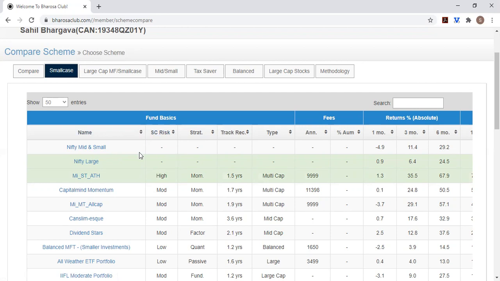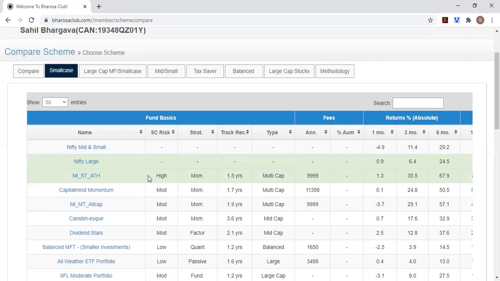Next column is a small case risk rating. By the way, you can sort by any of these columns by clicking the down or up triangle up here. That makes it easier for you to sort along whatever variable you want. The small case risk rating is the rating that small case assigns to each fund. Now, this is based on backtest data and post-launch data.